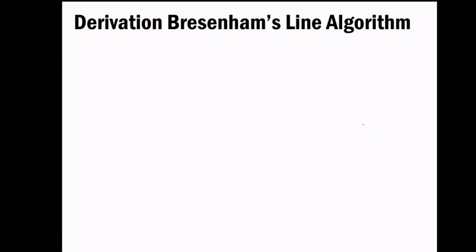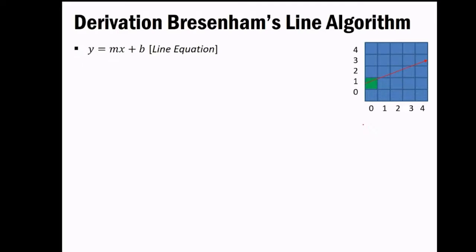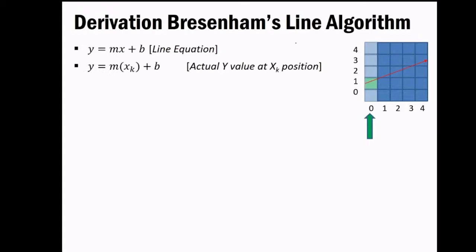Okay, so now deriving the Bresenham line algorithm. Obviously, if we are talking about a line algorithm, we have to start from the thing that we have, that is y equal to mx plus b. You cannot start with anything else, so keep this in mind. The very first thing is the line equation, so we again start with the same thing.